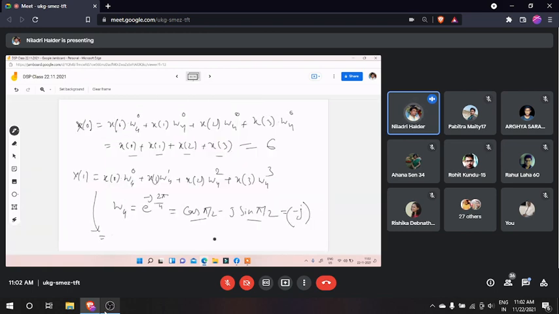So x0 is 1, multiplied by w4 to the power 0, so minus j to the power 0, plus x1 value is 2, w4 to the power 1 means minus j to the power 1, plus x2 value is 1, w4 to the power 2, so minus j to the power 2, plus x3 value is 2, w4 is minus j to the power 3, so minus j to the power 1 is minus j, to the power 2 is,